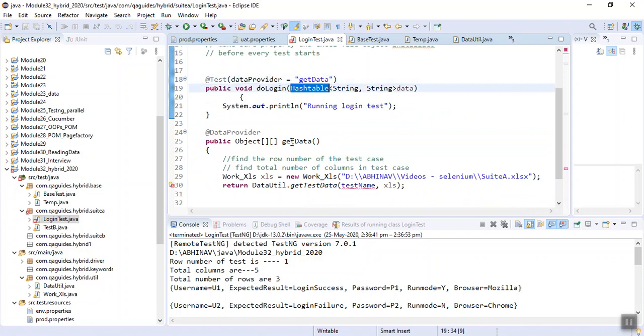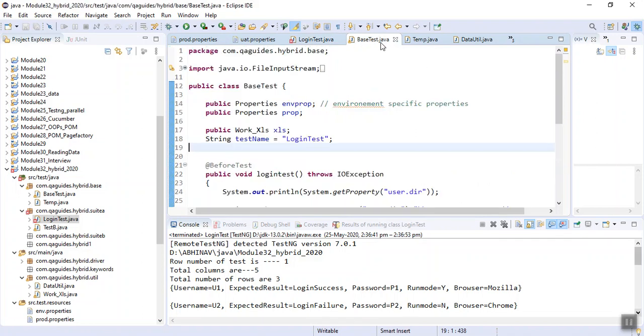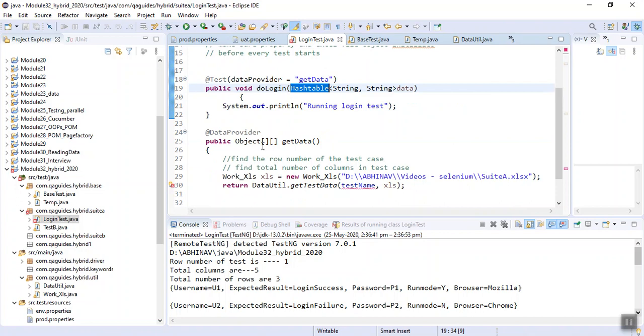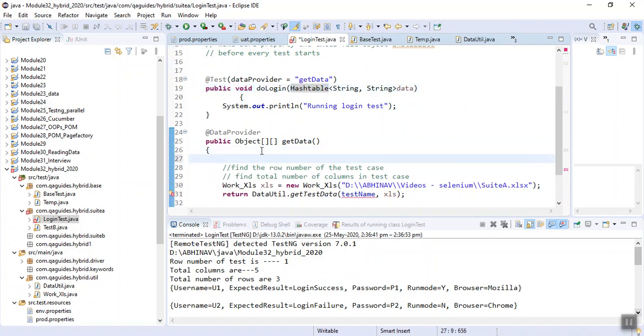While it is again showing the error to me. Okay. Fine. It is showing me error because I have initialized here. I don't have to initialize things here. Okay. Delete it here. Declare here. Save it. Go to your login test and put the value here.